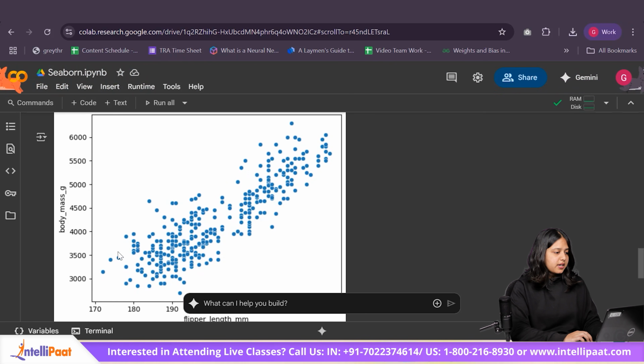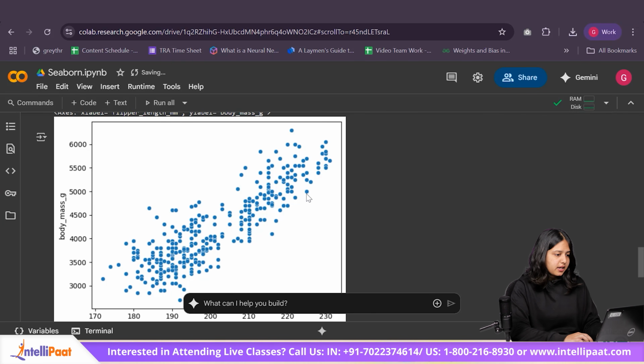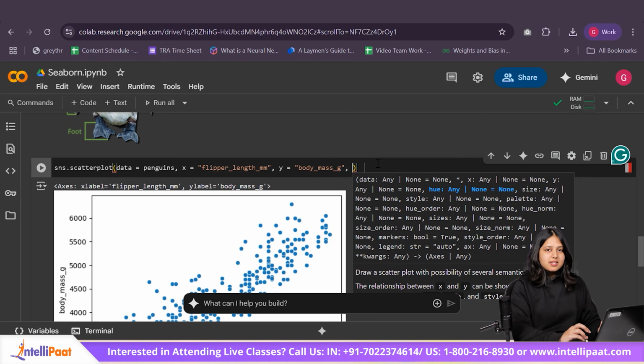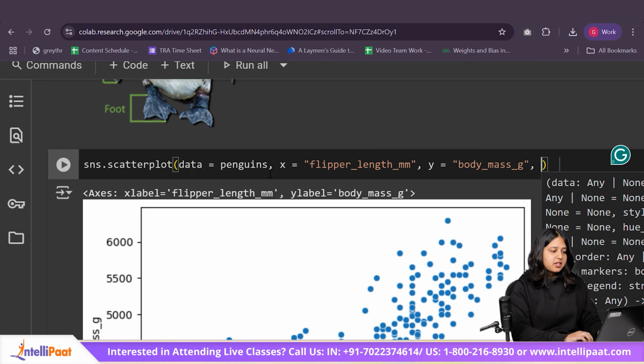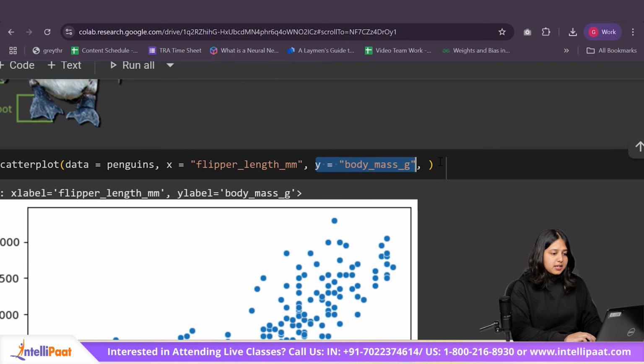So in general, whenever a penguin has a higher body mass, say above 6,000, the flipper length is going to be around 220. Okay, so this is what the data is trying to represent over here. Now, Seaborn lets you pass a third feature as well. So you have your X variable, you have your Y variable. Now you can pass another feature.